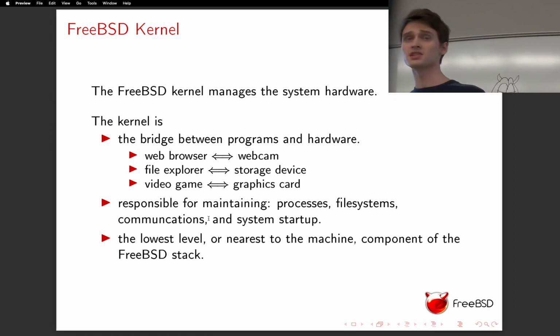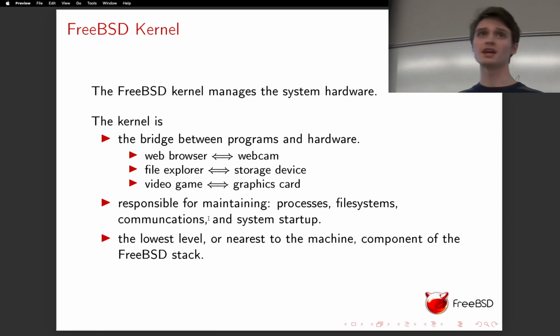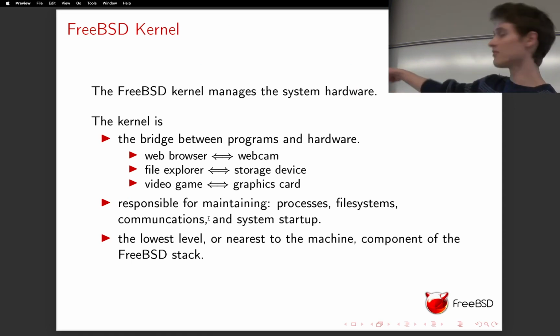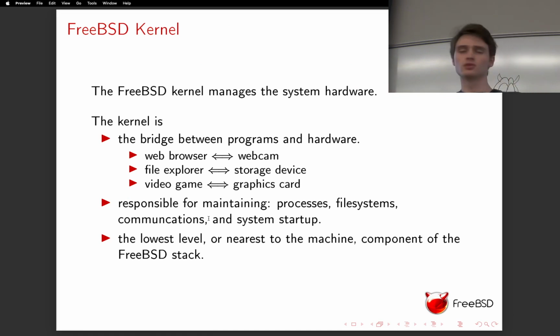One of the biggest responsibilities of the kernel is to manage processes, file systems, communications, and system startup. Without a kernel, you wouldn't even be able to boot your system. It's an incredibly important part. And like I've said several times at this point, it is the nearest to the machine component of the FreeBSD